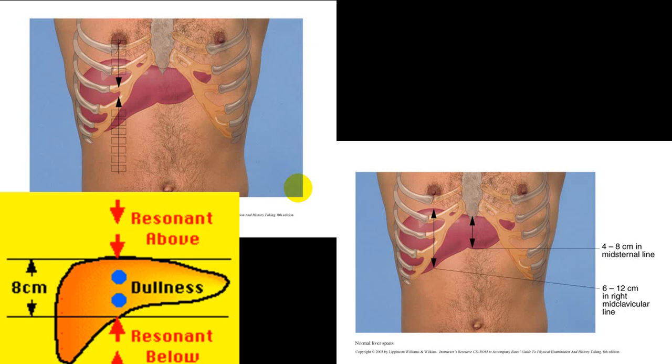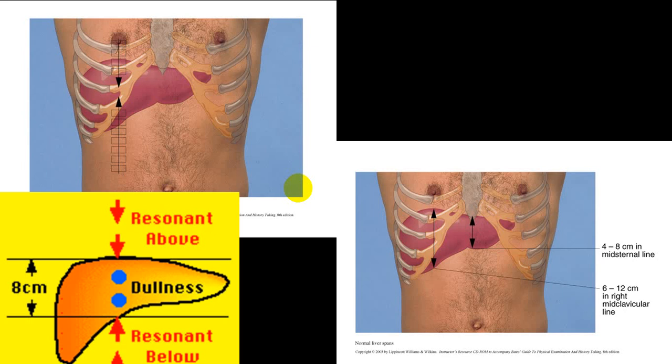But if the upper border of liver is in the fifth intercostal space, there is no pathophysiology on the right side of the lung, and lower border is 1 finger, 2 finger, 3 finger below the right costal margin, you will definitely say there is a hepatomegaly. Now if a person has upper border of liver in the second, third, or fourth intercostal space on the right side, means above the fifth intercostal space, you will be able to say that liver is pushed up or liver is enlarged.